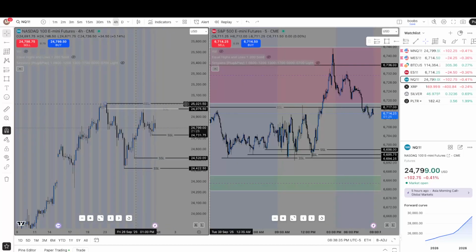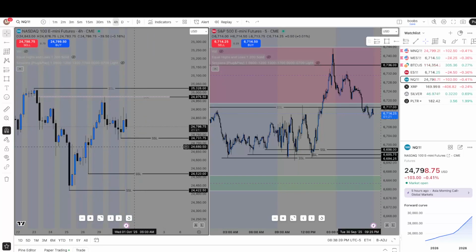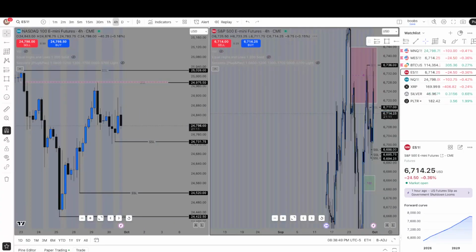Because we're getting closer to all-time highs, which is up here, right? We're getting pretty close to that point. So I'd like to see us sweep sell side, come back down, inverse this imbalance right here, and want to come down to these lows. But who knows what we're going to get off of that. We can go to ES, we can go to the 4 hour.